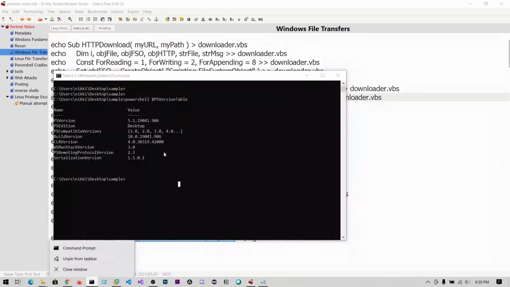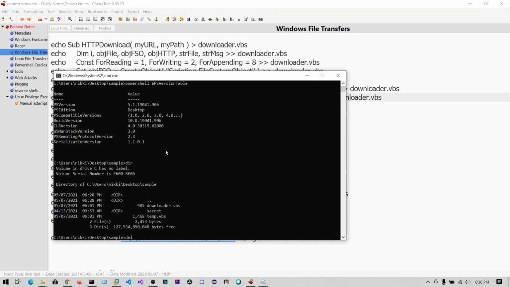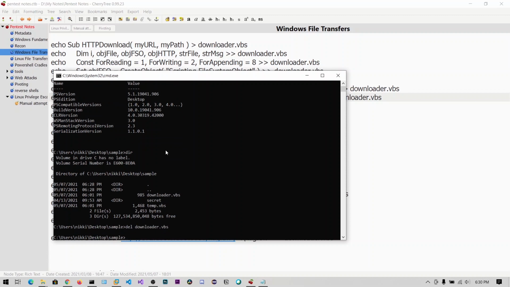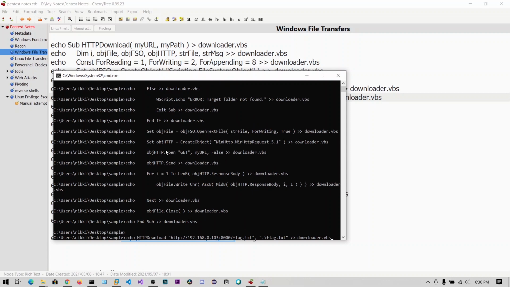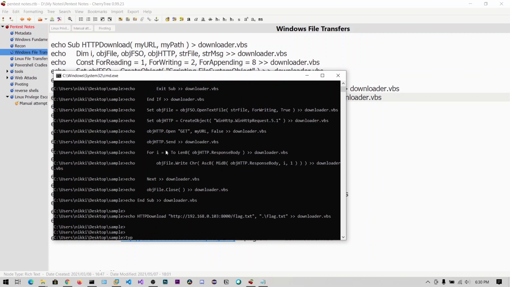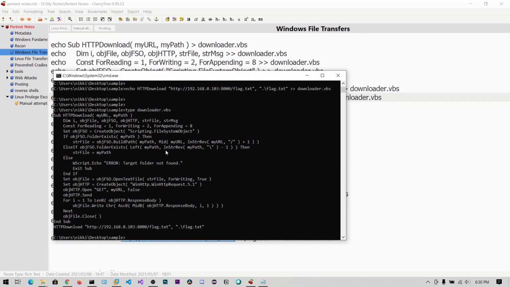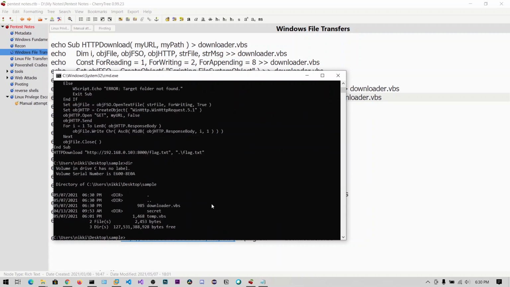After copying, I am deleting this one, then simply paste all those commands and hit enter. Now you can view downloader.vbs and see the exact script. There is no flag.txt, so you can use cscript downloader.vbs.